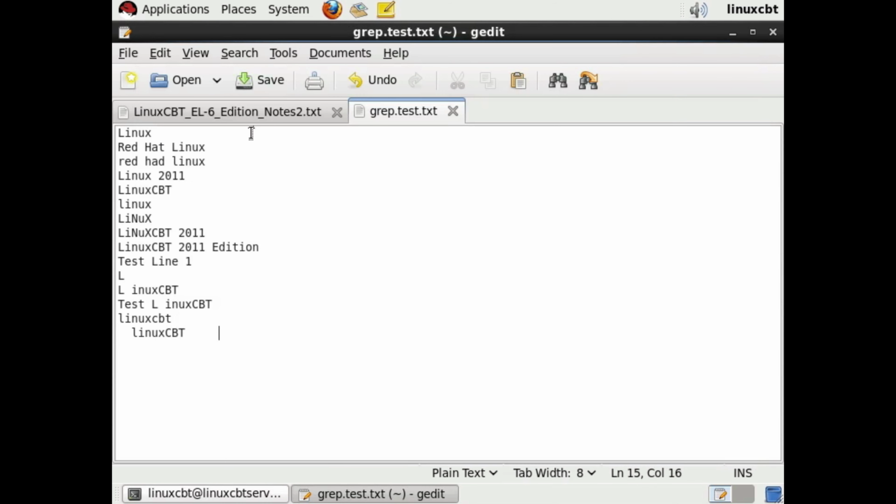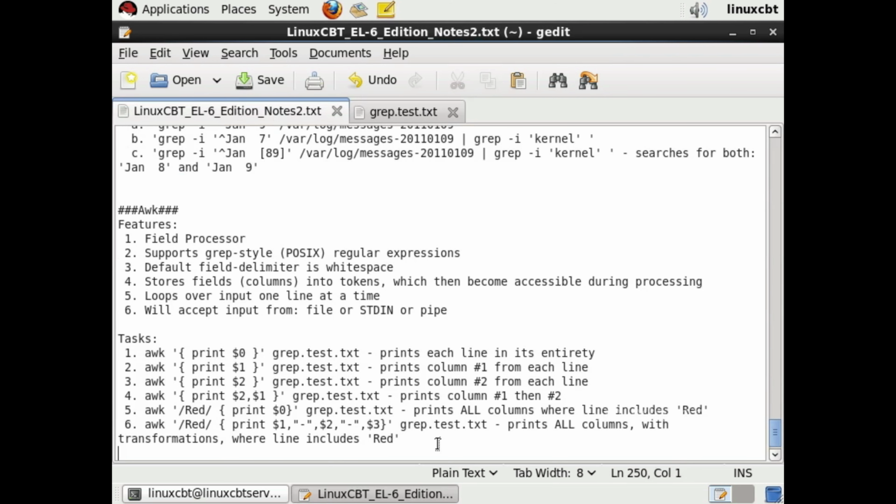For example, let's take a look at grep test text. Supposing we wanted to transform or print output based on the match on a specific field, such as where field number 2 is equal to 2011, then extract those records. So that's another, a conditional way in which you may execute AWK. So for example,